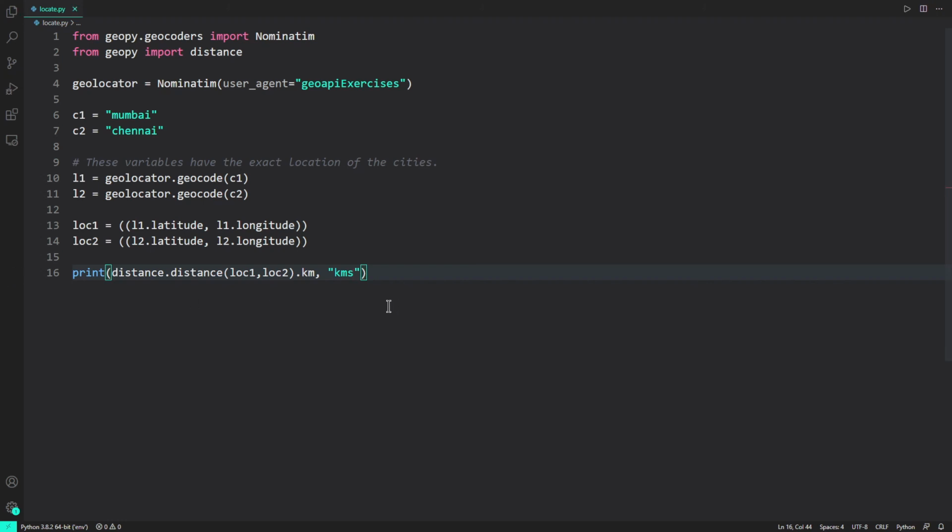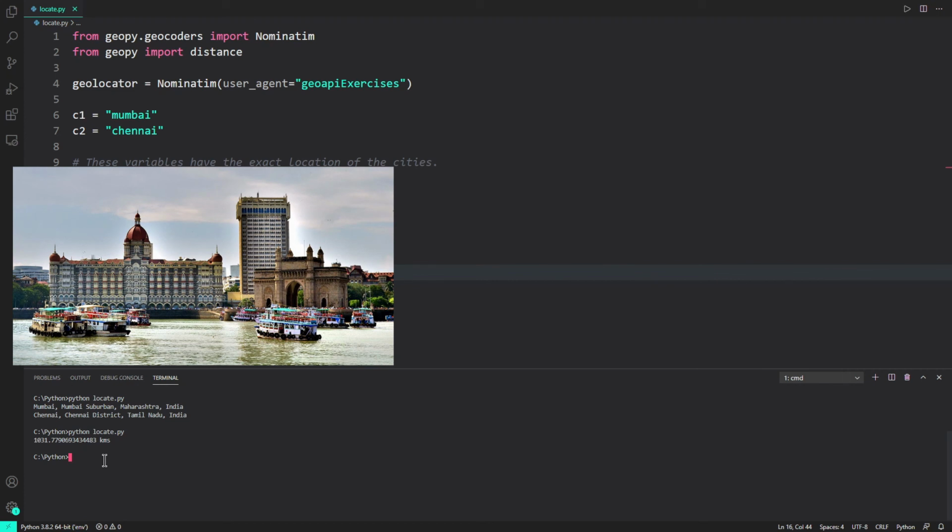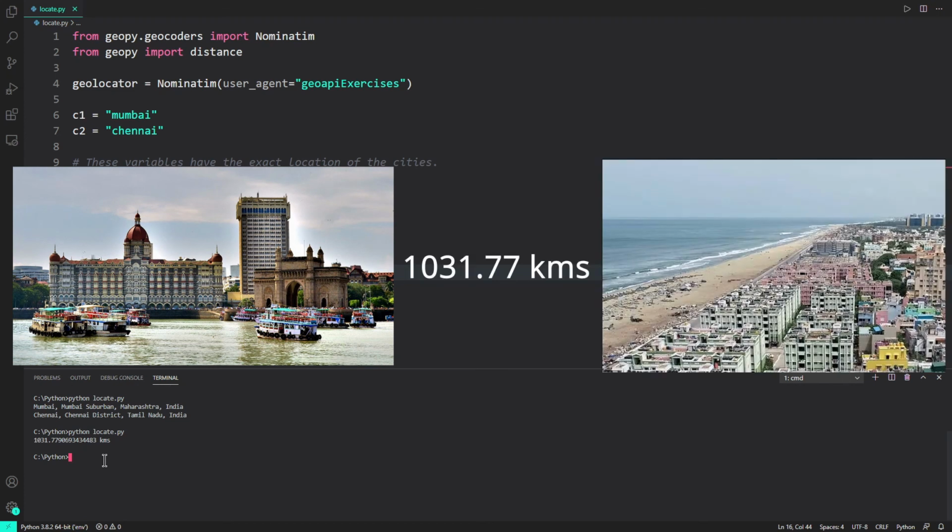So we are all set. Now I'll just again run this. So python locate.py, and we get the exact distance, which is 1031.779 kilometers. So this is the exact distance between Mumbai and Chennai, which we found through Python.